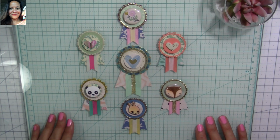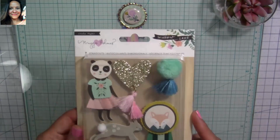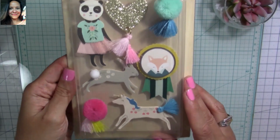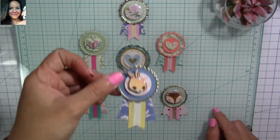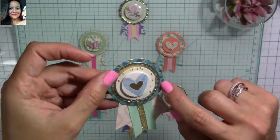And today I want to share with you how to make your own prize ribbons. I shared this before and a lot of you asked for a tutorial. These are inspired by the Maggie Holmes Willow collection. But this little guy over here, so this is an embellishment pack from that collection, and I got inspired to make mine, and I'm going to show you how to make this small one here, and I'm also going to show you how you can make the bigger one using tools that you may have at home, because for mine